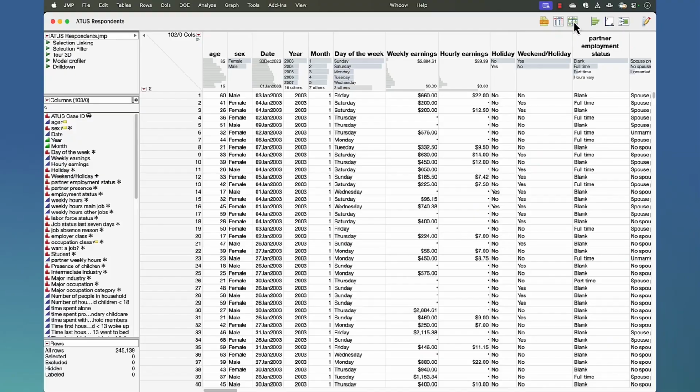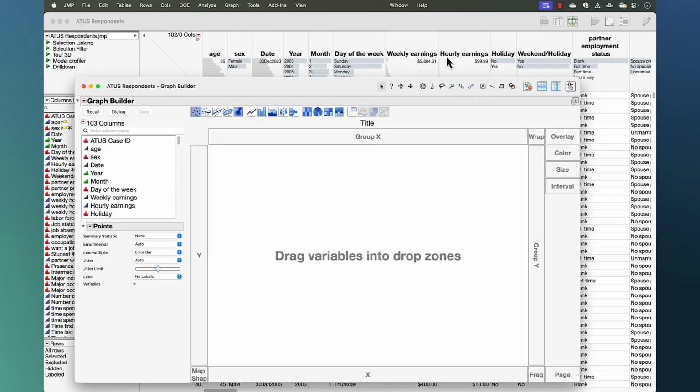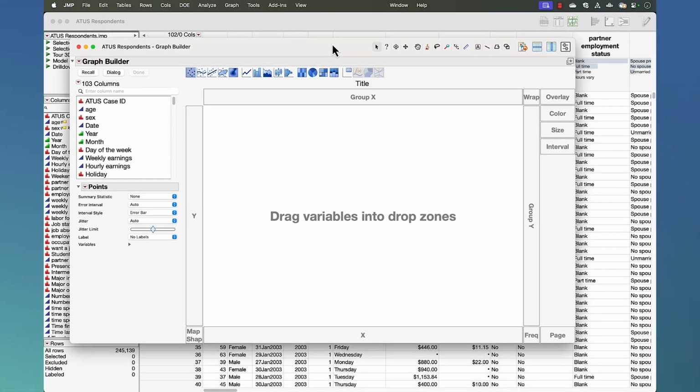Okay, let's move on to some more. I'm just going to start fresh with a new graph builder window. And in this case, I'm going to start with a map. We've got these geographic fields at the bottom. I'm going to start with,